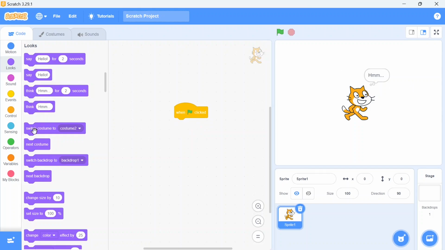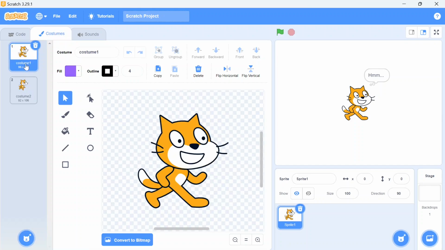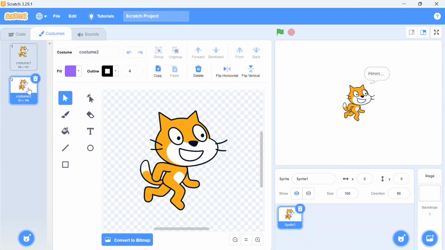Now the next one is switch costume to. Here, how will you find out how many costumes your sprite has? You just click on this costume and you will see over here this sprite has 2 costumes, meaning 2 types of different positions. One you can see this one and another one see this one.